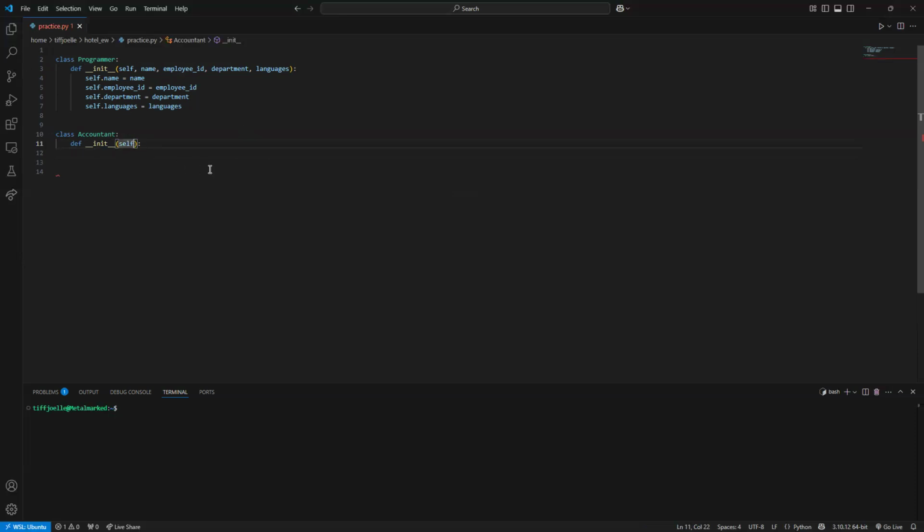But I do want to pass in some attributes to this. The accountant, they also have a name. They're also going to have an employee ID. They're also going to have a department they work in, except they don't have languages. We already knew they're not going to have a computer language. Instead, they have some sort of certification to do their accounting job. So I'm going to copy this from the README again, because we understand we have to assign these to the instance of the class that we're defining here. And so now this looks great,